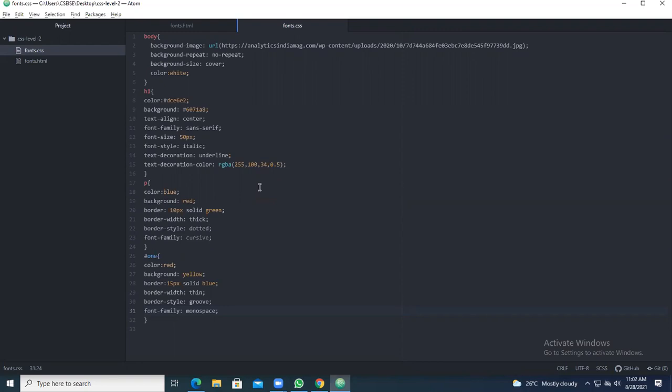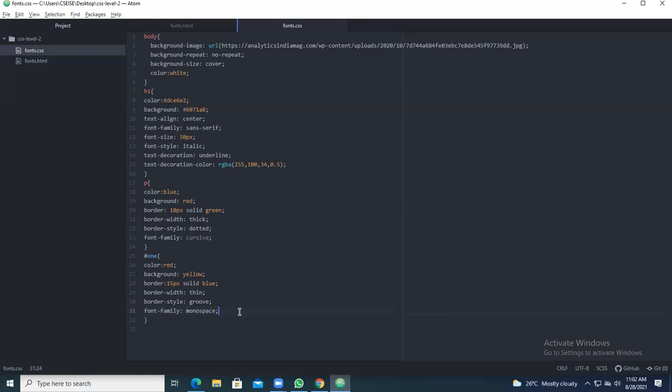Okay. Suppose you go with custom fonts. That means you can download the particular font and make use of that in your settings. So you are not making use of this cursive, or of this sans serif or monospace.